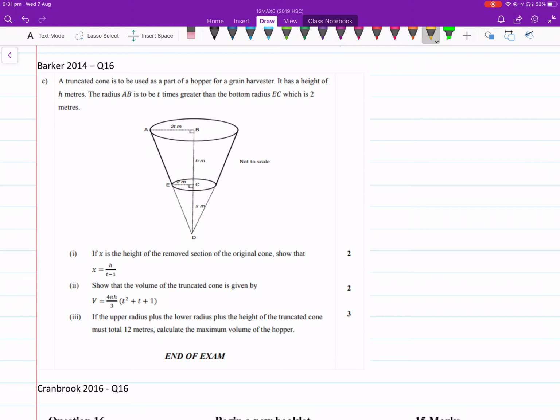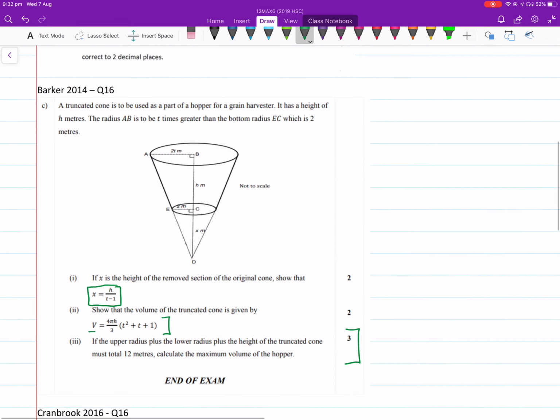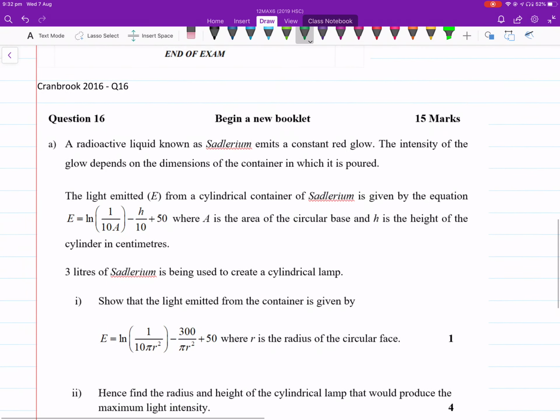Another nice little common one here is the cone. This is a different take on the cone. You should have seen a cone inside a sphere or something like that very, very often. Here you've got just a couple of little relationships. They make it a little bit harder. But you can see here already, they're teasing you with the idea of taking one variable and then writing it in terms of another. Okay, and then you can see here that the volume ends up being in just one variable in this particular question. H is a constant. And then they give you everything else, right? They give you another relationship down here, and now you can get rid of all the variables that you need. And so it's a slow build up, that one. It's an interesting one. I'll let you try that one before